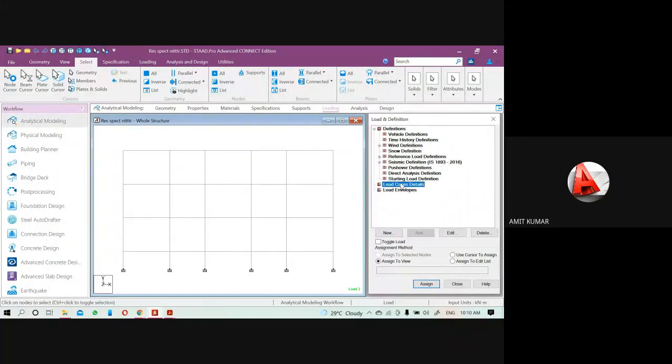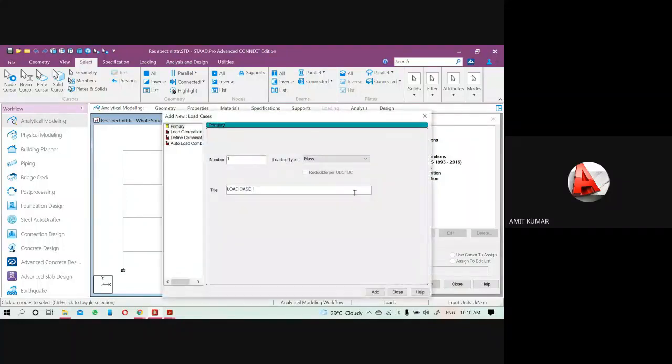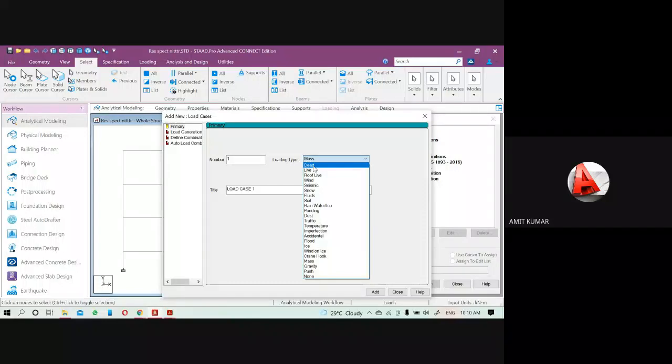Now come to the load case details. First, we have to give the earthquake. We have to give the seismic load here. If you want to do both static plus dynamic analysis, then you have to provide both parameters here.